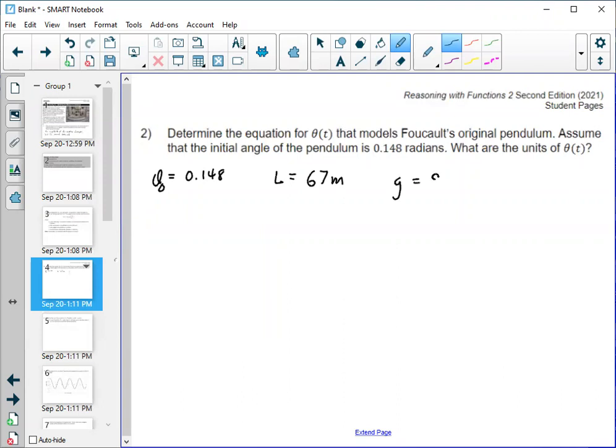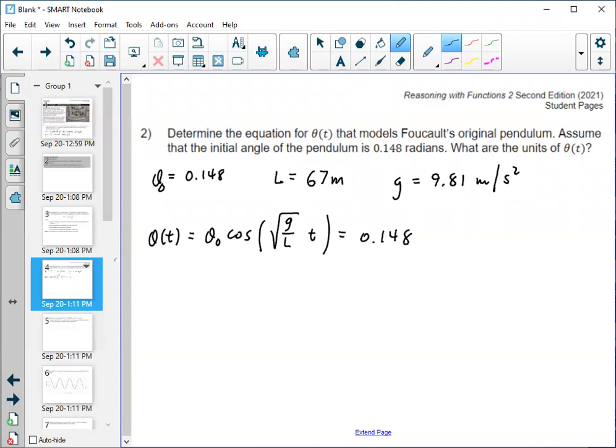G, gravity, is 9.81 meters per second squared. Now, if we put all this together, theta of t is equal to theta sub 0 times the cosine of the square root of g over L, and then times t, equals